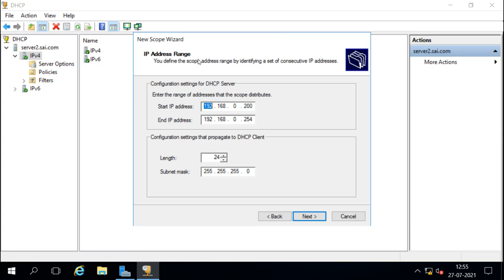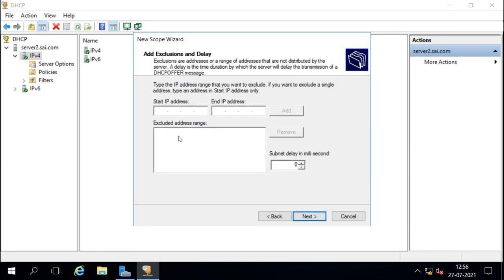Now we don't want to use them for DHCP, because what will the DHCP server do? It can give the same IP address to any machine. If someone asks for that IP, it will give that IP. Now when the client tries to use that IP, it will say that the IP already exists. So what can we do? We can remove some of the IP addresses which we have already used statically. So we can remove those IP addresses from here.